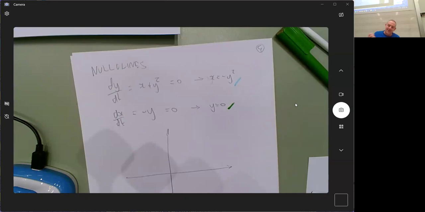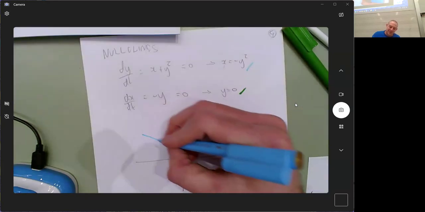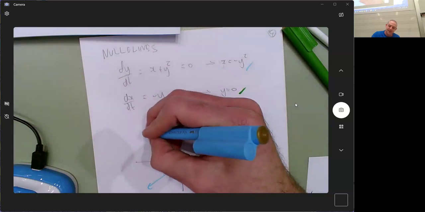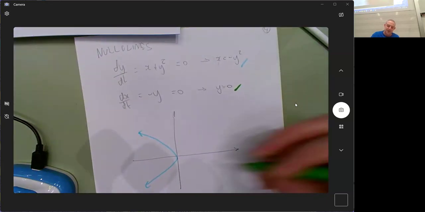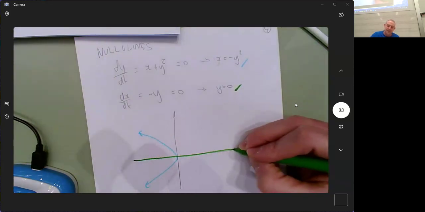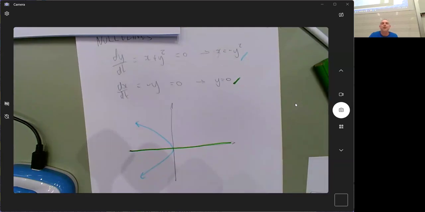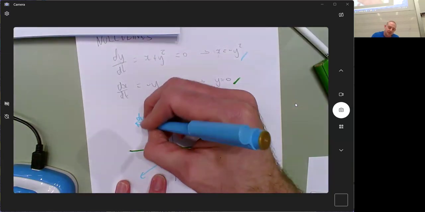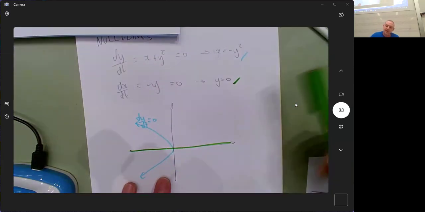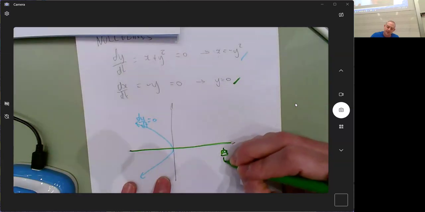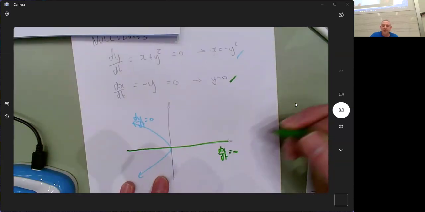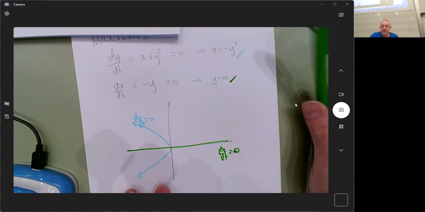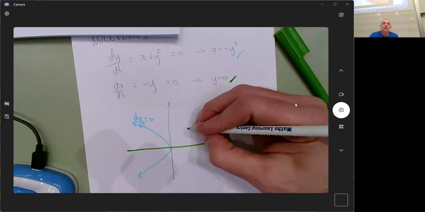So this blue one is x equals minus y squared, which is this. And this green one is y equals 0, which is this. So they are the two separate nullclines for this system of differential equations. This is the nullcline that makes dy/dt 0. And this is the nullcline that makes dx/dt 0. So the reason we care about those things is that if we had a trajectory,